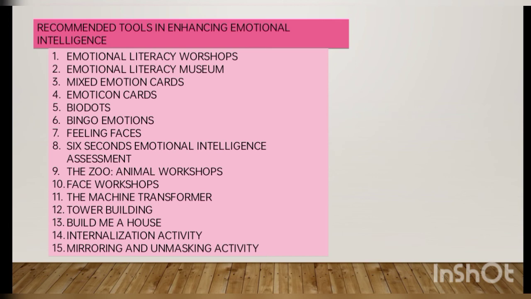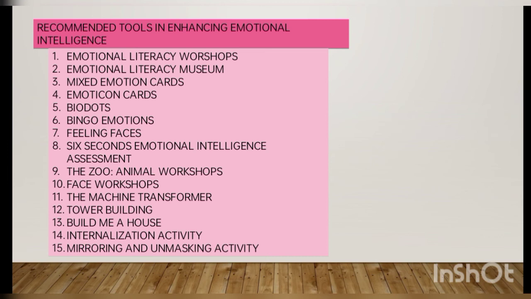Participants in groups have to transform into an assigned machine or vehicle of which each member shall comprise different parts deemed essential and equally important that usually ends up with interactions and reflections. Number 12 is the tower building, where groups will be tasked to build a tower using pop sticks